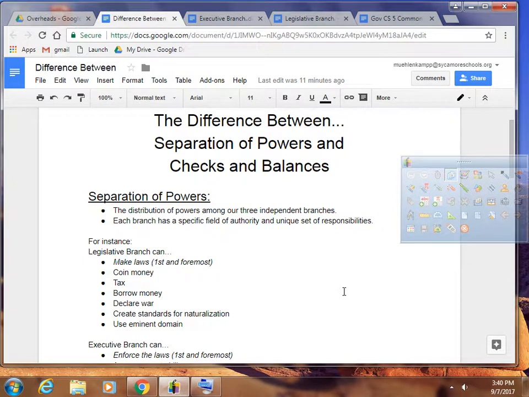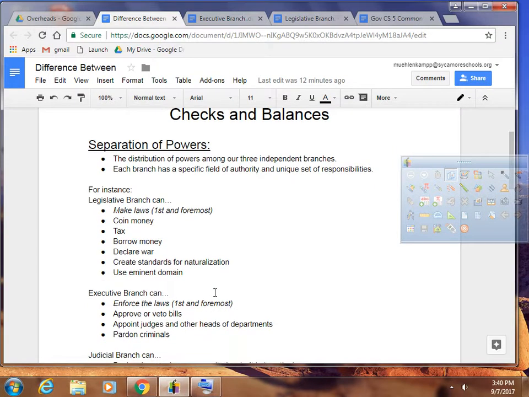Hello there. I'm coming to you today to help you out with two of our 6 major themes of the Constitution, namely the separation of powers and checks and balances. They are confused a lot. People have trouble differentiating them. Thus, the purpose behind this quick, short, right to the point presentation. Nothing fancy, very simple here.